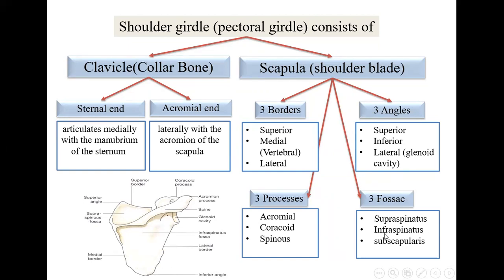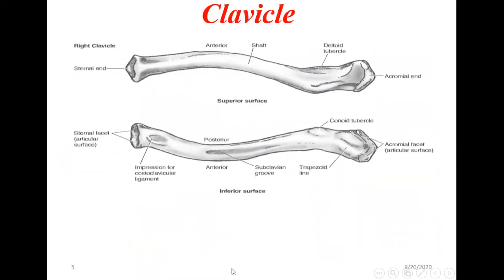Then we have the infraspinous fossa. It is better to call this the supraspinous fossa, because supraspinatus is the muscle. Infra means below, supra means above the spine. This is supraspinous. This is the spine here. Here, this is the infraspinous fossa. Then we have the subscapular fossa. If you turn this scapula to the other side, behind that is the subscapular fossa. The muscle is the subscapularis. So this is the supraspinous fossa, this is the infraspinous fossa, above and below the spine. Then behind that is the subscapular fossa.